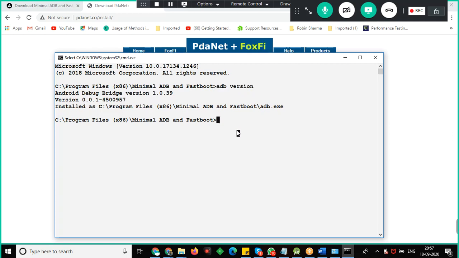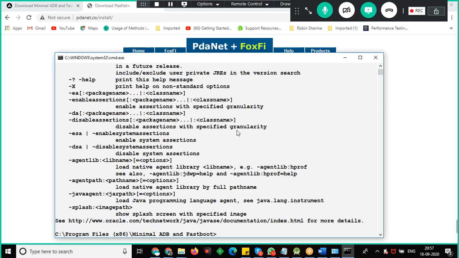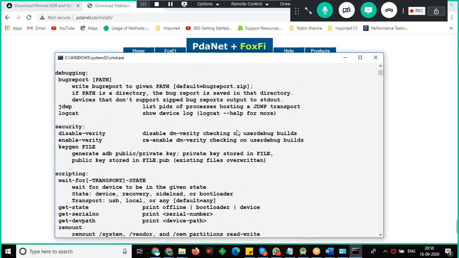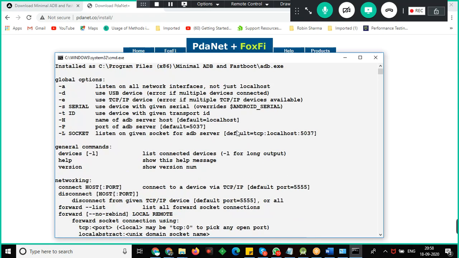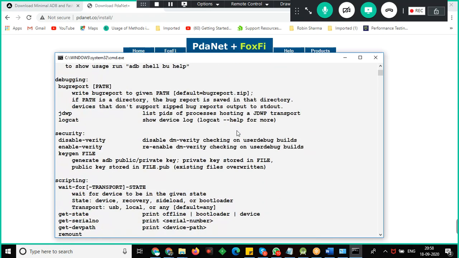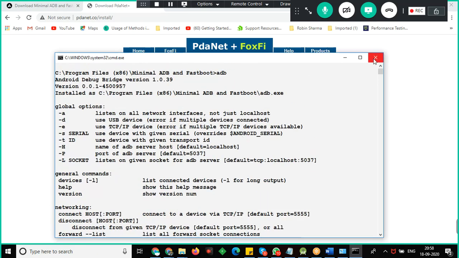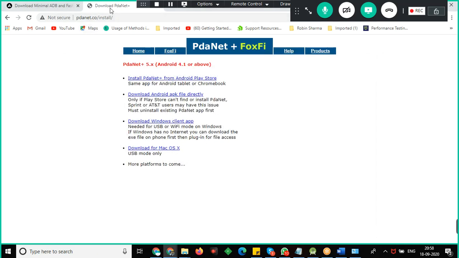Just like you type java, it will show all the Java commands. The same way, if you just type adb, it will show all the ADB commands. It means the configuration of the ADB is done. So this is the procedure you need to follow while configuring the ADB.